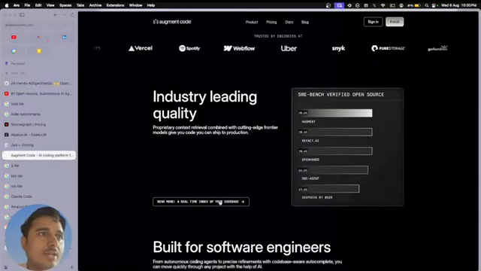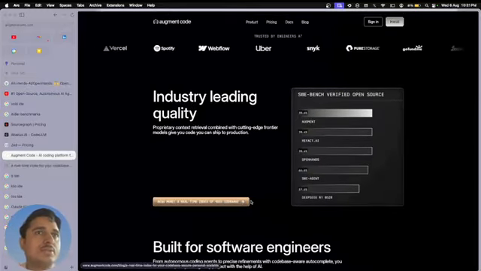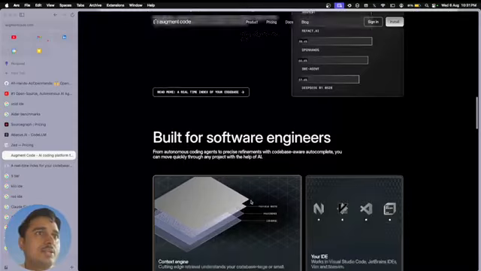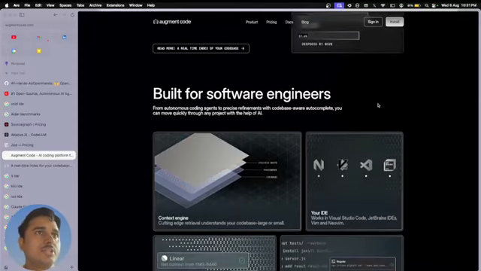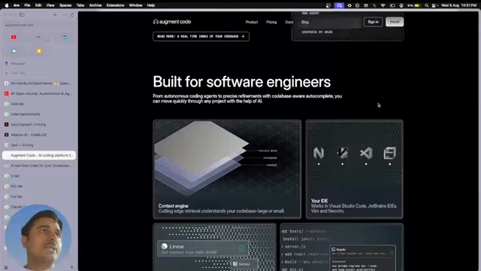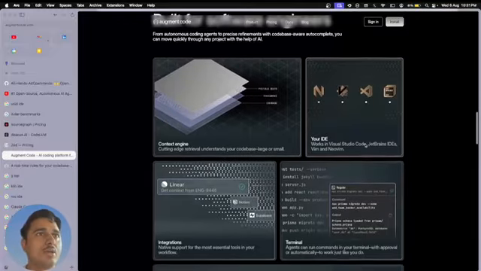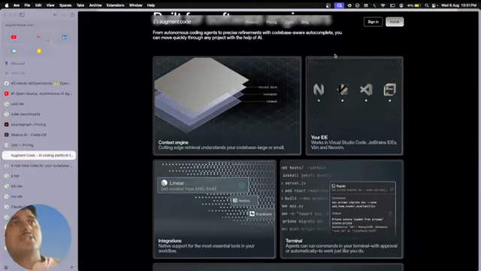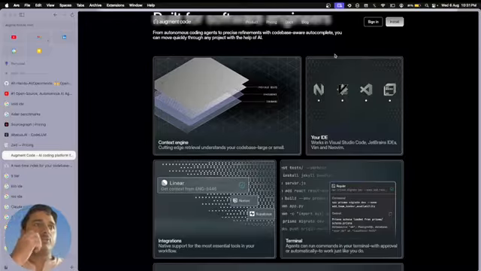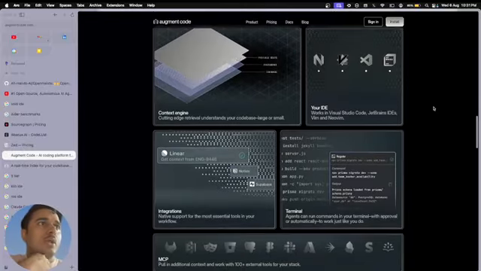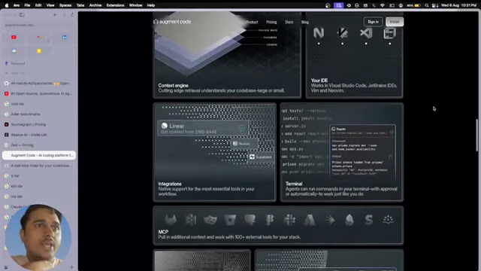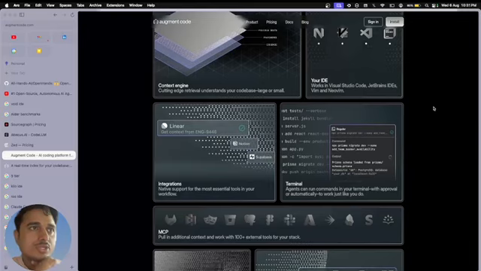A real-time index of your code base. We will read this later. Built for software engineers, from autonomous coding agents to precise refinement with code-base-aware autocomplete. You can move quickly through any project with the help of AI. So, context engine: cutting-edge retrieval, understand your code base, large or small. Your IDE: works in Visual Studio Code, JetBrains IDEs, Vim, NeoVim integrations, native support for most essential tools in your